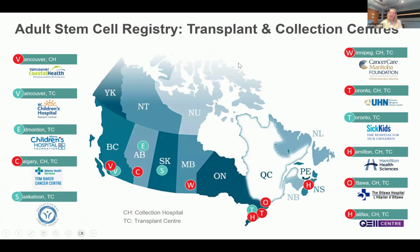So our connections with the adult stem cell registry are partners with our collection centers and our transplant centers. So we don't perform those activities. We partner with the transplant centers across the country. And you can see, again, we cover coast to coast, with much more activity being in the Toronto and Ottawa area. But also in the Midwest, we're working to expand these services, and Vancouver is also a very active part